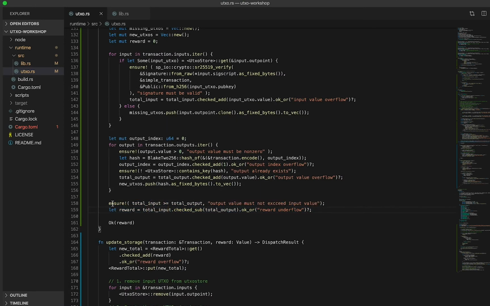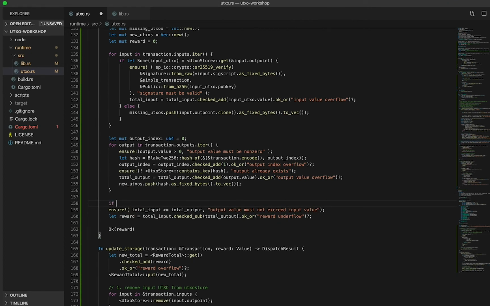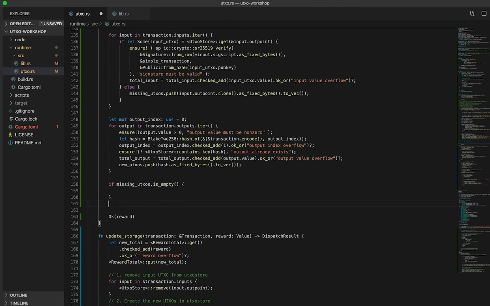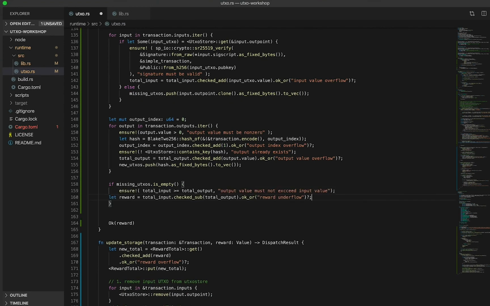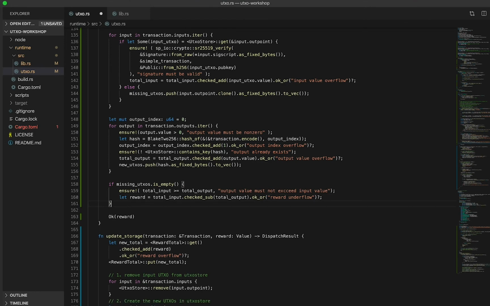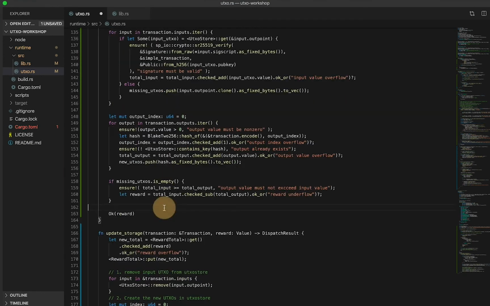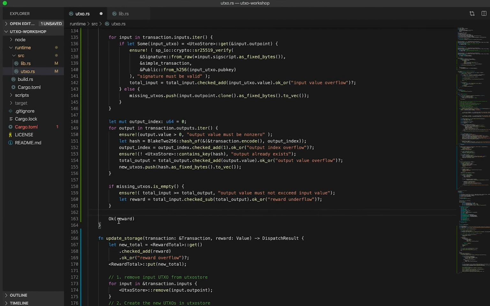At this point, we'll actually need to enclose this reward calculation into a check, because we only want to calculate rewards in the scenario where missing inputs is empty, i.e. all of the required input UTXOs already exist and there's no race condition. Otherwise, we actually want the reward for this transaction to remain at 0, because the validators aren't going to process it anyway. And finally, instead of returning a reward value, we're now ready to return a struct valid transaction with